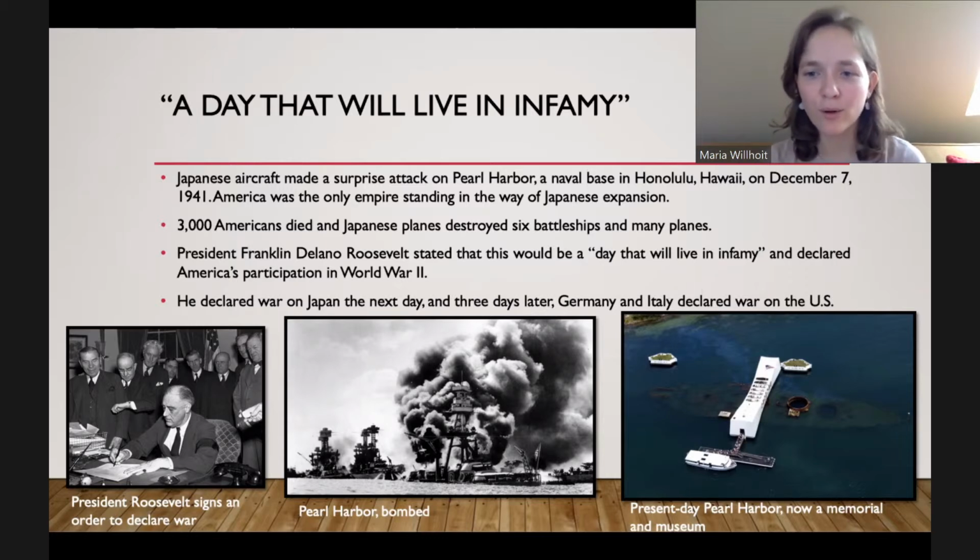And as you can see in the photo, this is actually the USS Arizona, which is one of the ships that was sunk. And they actually built the memorial and museum on top of this sunken ship. And I think you can even go down in the ship. They've managed to preserve parts of it and turn it into a museum. It's remarkable. I've never been inside, but to this day, we still kind of memorialize the attack on Pearl Harbor. Most people take a moment of silence on December 7th to remember those who died at Pearl Harbor.